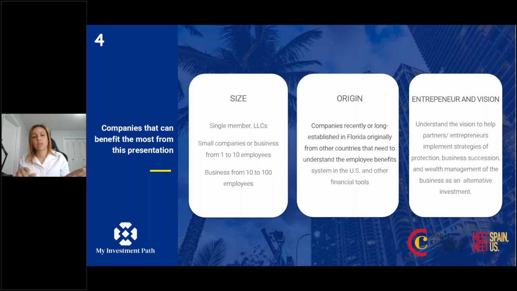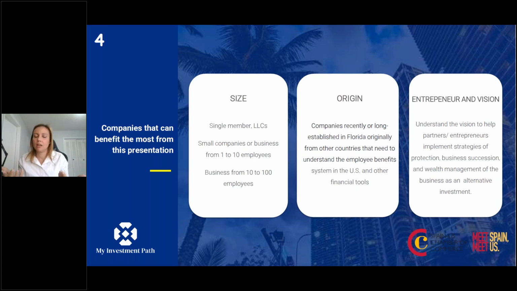If you have any questions, I can also reply to them at the end, but I will stop a little bit on the slide of the retirement plans so I can talk a little bit about the concepts. And businesses from 10 to 100 employees, of course, above that as well. But we're looking to serve and help all of these, because I would like to do a poll, but I don't have the powers to do the poll right now.